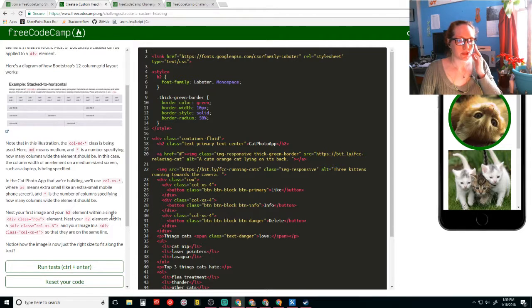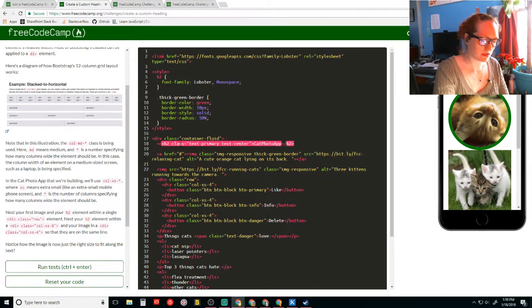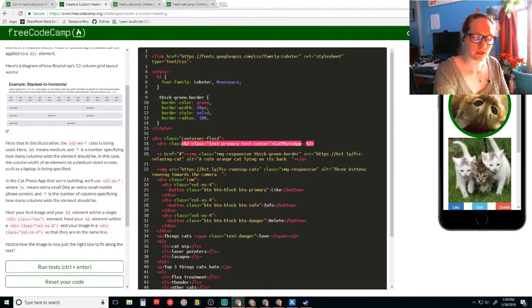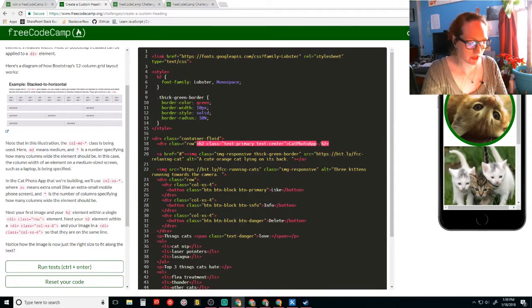Nest your first image and your H2 element in a single div class row. I will get it right eventually.